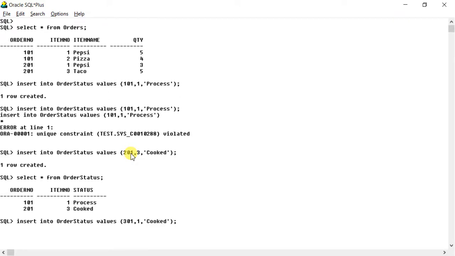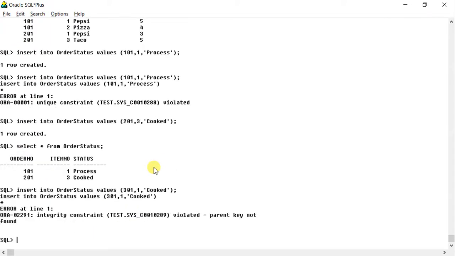You can see that there was no order with the number 301. Since this is a foreign key also, it will go and check the parent table and give us the error, parent key not found. So this is a special case where these two columns are acting as primary key as well as foreign key.